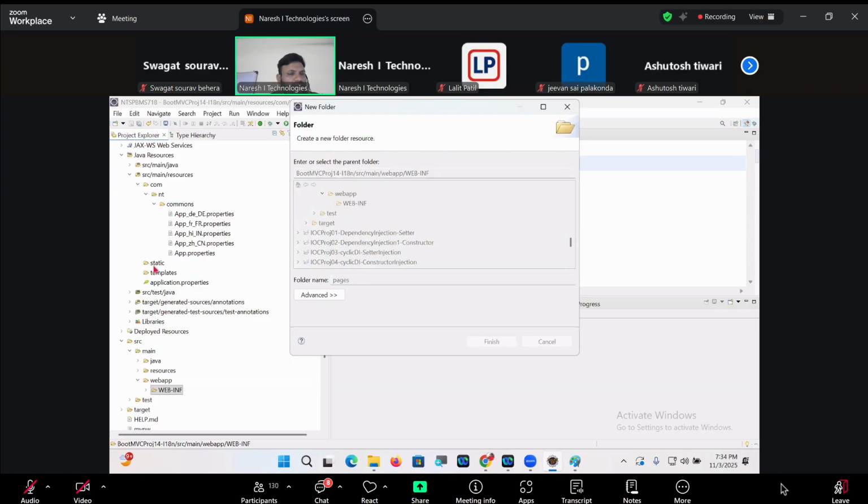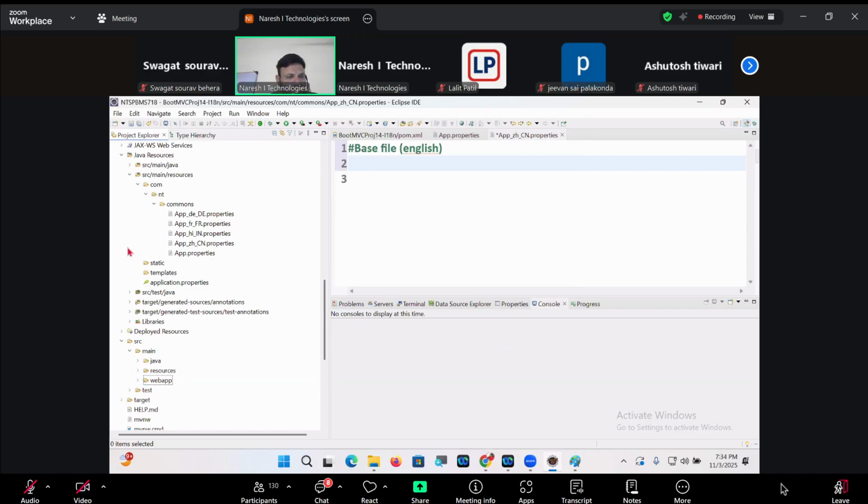That's good. Fantastic. SRC main web app, D underscore. Okay, fine. This is the base. By mistake I kept this here as the base file. This is actually the base file. For Chinese locale.